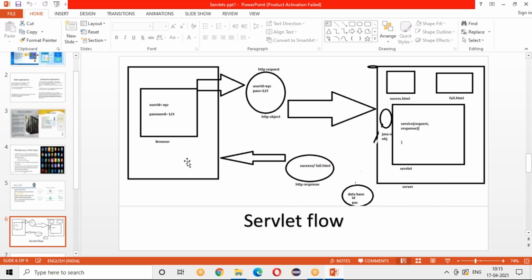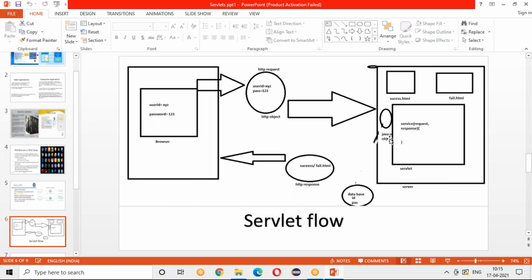Am I right? So for example, if your user ID and password are right, what happens? It will log into your Gmail. If it is wrong, it will show some error message like you have entered an incorrect username and password. So it means it has to go to the database, do that validation, and send some responses, right? So assume that you have entered your correct user ID and password.